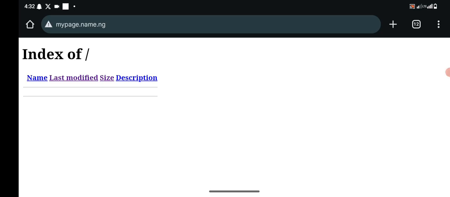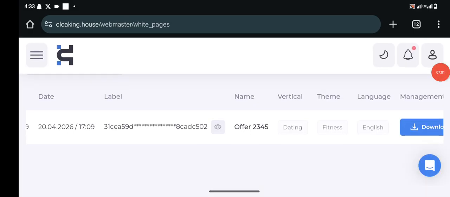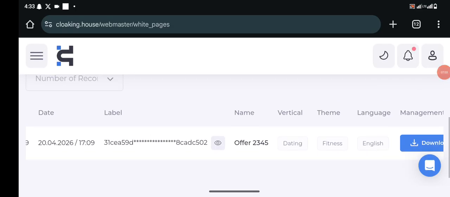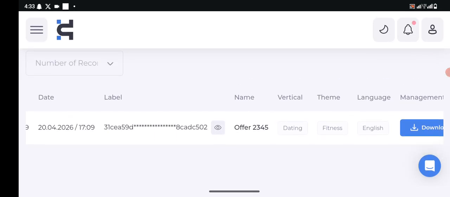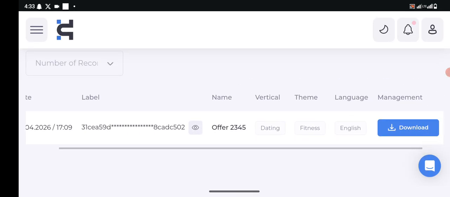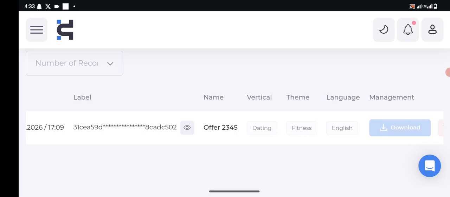So what we are going to do now is to integrate our white page into our domain. What I mean is that the white page we have generated, the category of the white page we have chosen, which is finance and everything, we need to put it into our main domain, and it will be able to appear on it. So for the already created white page, my vertical is dating and theme is fitness, and the language is English. So I'm going to download